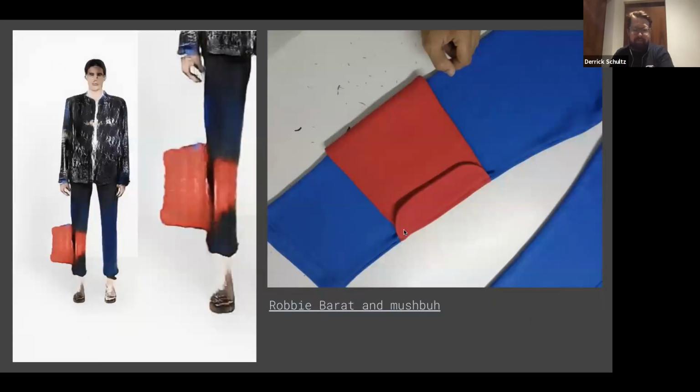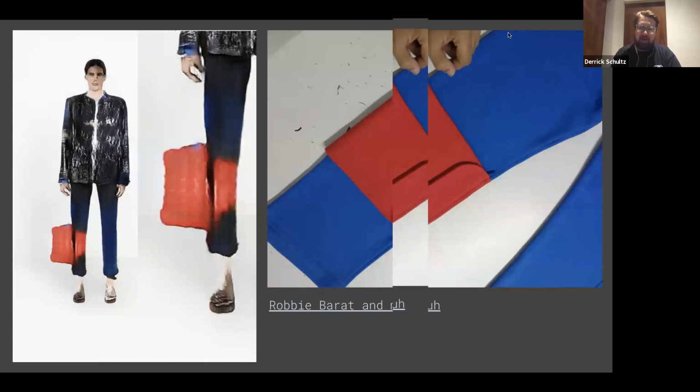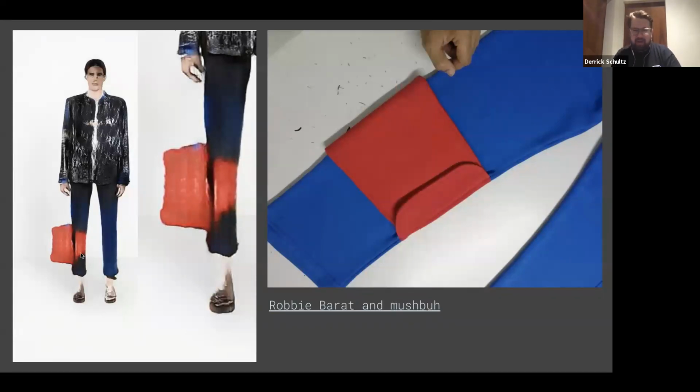This is Robbie Barrat and his collaborator Mushbu. That's his name on Twitter. I don't know what his real name is. They trained a GAN on a bunch of fashion images, and what they came up with was this. They thought this image was really cool, and they said, wouldn't it be cool if you had a big bucket on your pants? They then found a clothes maker to make a prototype of it.